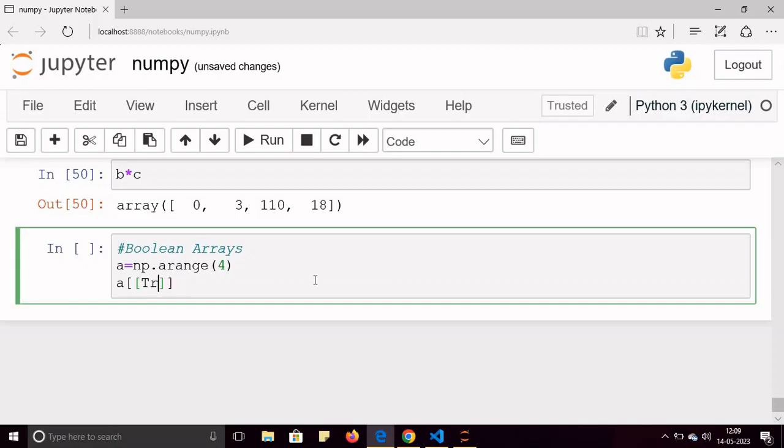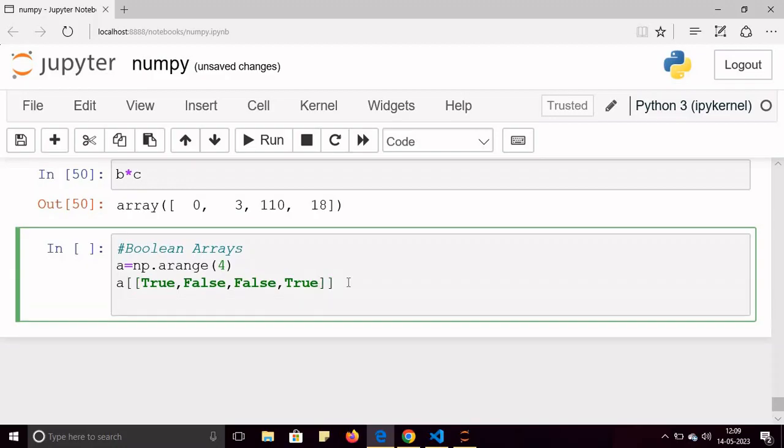So the first value, let's say, is true, and then false, and then false, and then true. And if I print a,